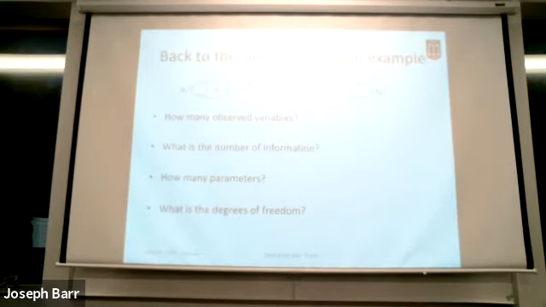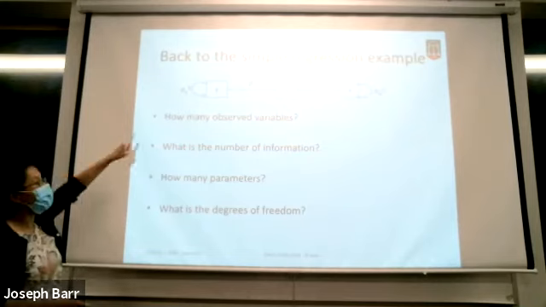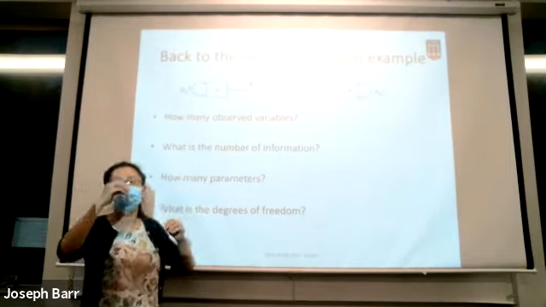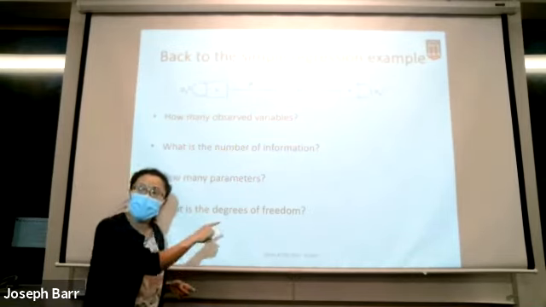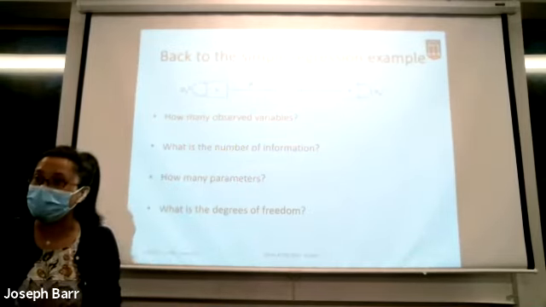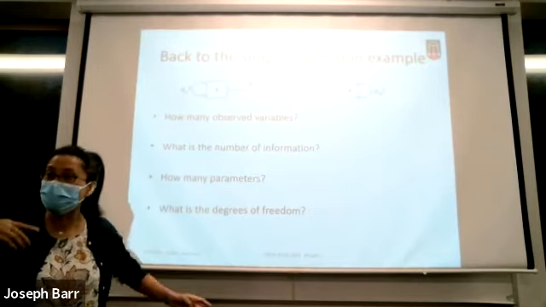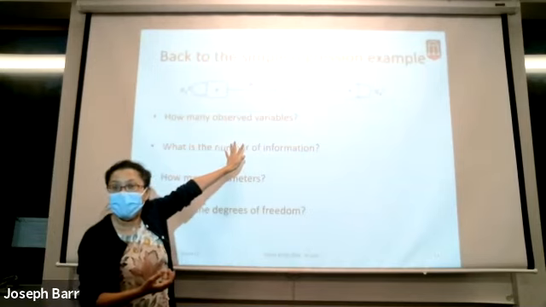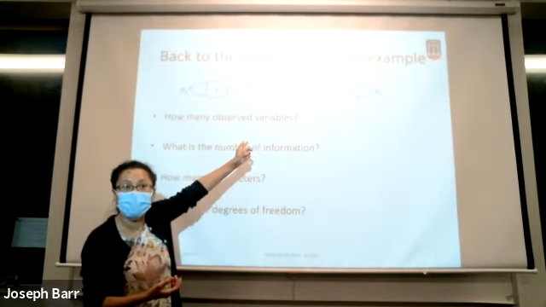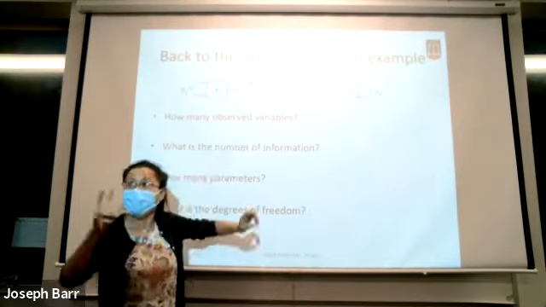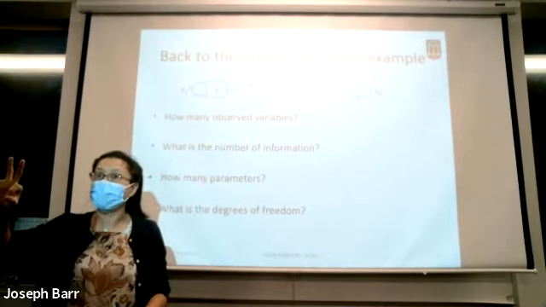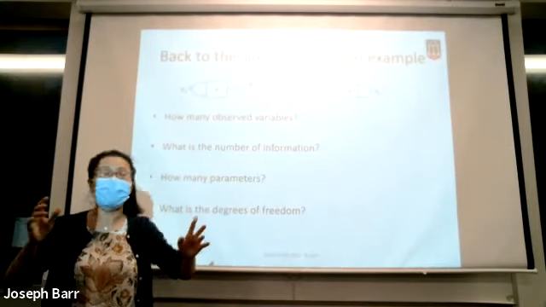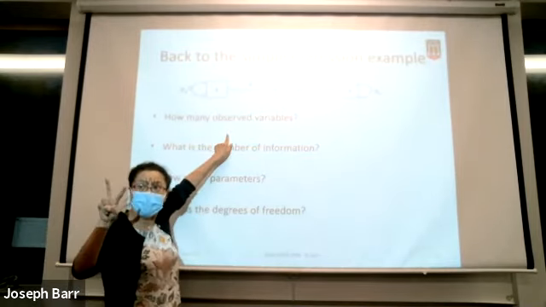Let's do an exercise. Suppose here we have X, we have Y, and we have a latent residual part. P is the number of observed variables. Always remember, P is the number of observed variables. In this case, how many observed variables? What is the P number here? 2, yes, don't say 3, because P is the number of observed variables, not all variables. So P is 2 here.